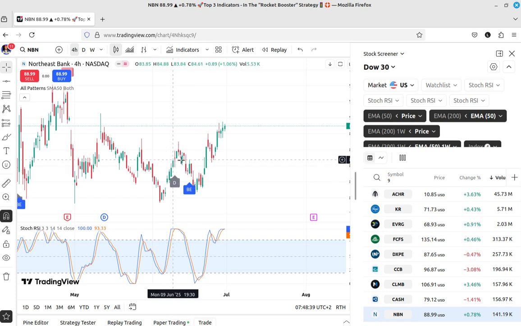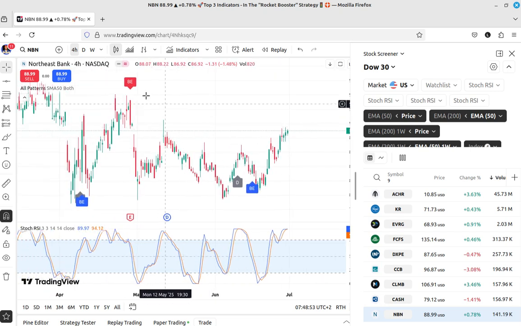We have a support here, we have a bullish engulfing right here. So this is kind of reinforced. So this chart pattern has broken out above the support, even though we still have a resistance somewhere here,